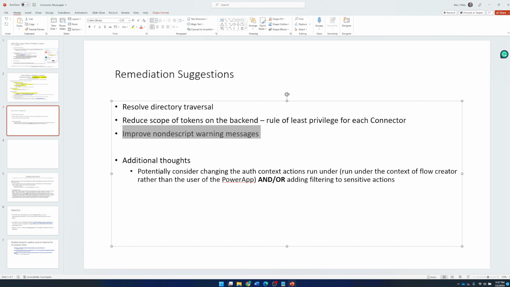If we wanted to potentially consider changing the auth context. So if you, for example, run a Power BI flow, it runs under the context of the user that created the flow. So that might be an option. You put the onus on the person that creates the flow, but it also could lead to rate limiting and other issues. So that's something to think about, as well as